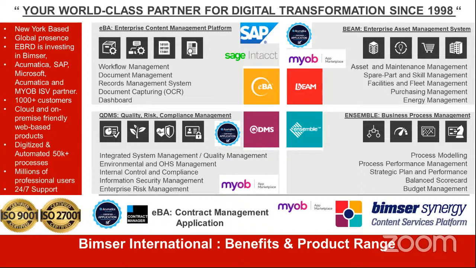And in bottom right, you can see our new product coming up this year called Synergy. That is a low-code, no-code, true cloud business process automation platform. It is basically eBA's, our electronic business automation platform systems, cloud version, which is coming up at the end of the first quarter of this year.